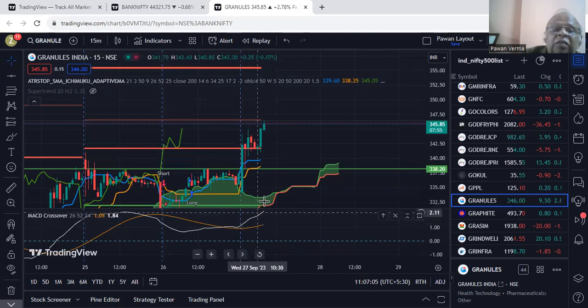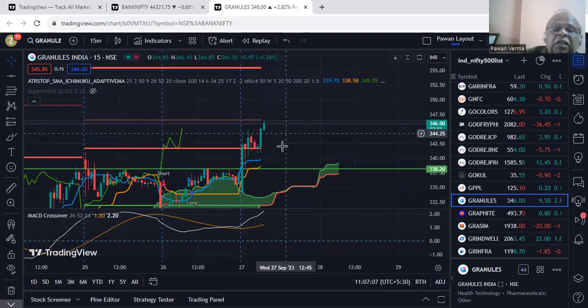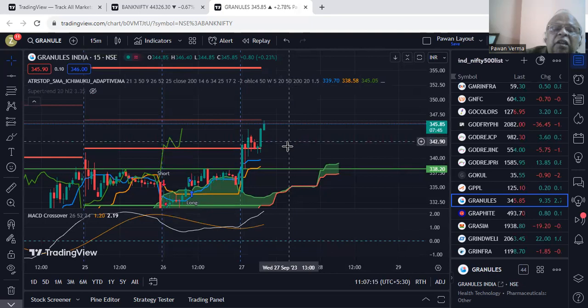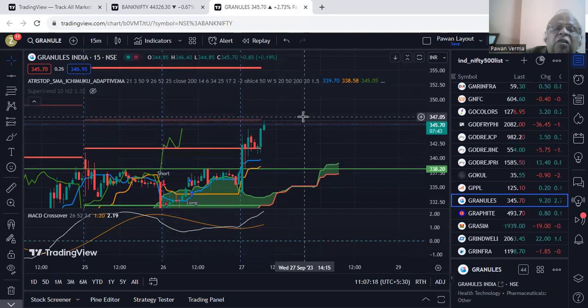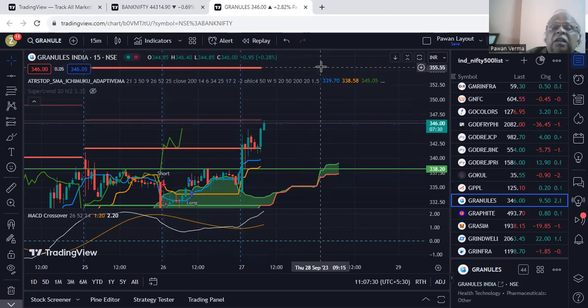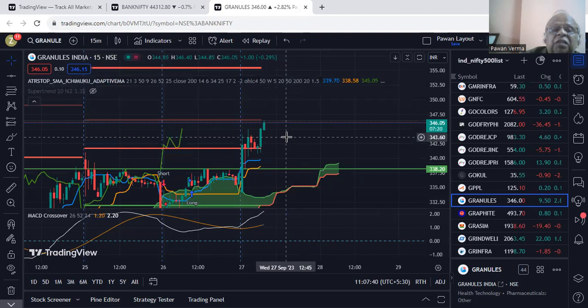Or whenever you will see the difference in the Tenkan-sen and Kijun-sen and stock closes below the Tenkan-sen, then the same will retrace to the level of Kijun-sen or this particular support level, that is 346.55. Thereafter, after retracement and consolidation, the stock may move further to achieve this particular target. So this is the working of 10 to 15 days to achieve this particular target. But first two targets have been achieved today itself.